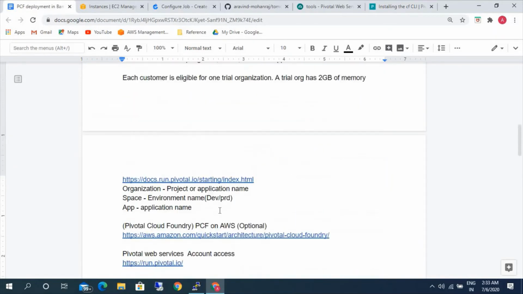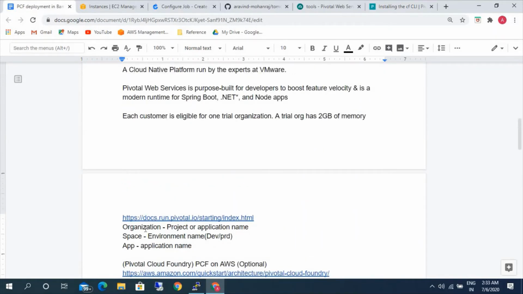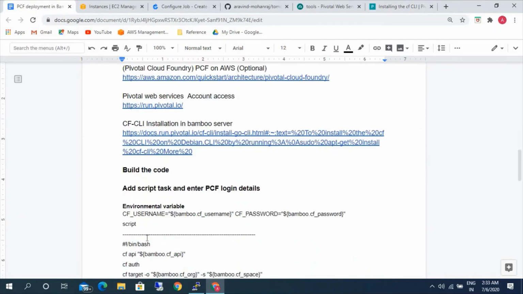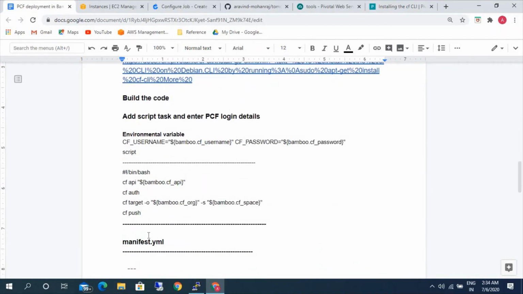If you remember, we explained about organization and space here, and we are targeting a particular organization and space. Inside that, it will push the code. Here we are just mentioning the CF push command, but we're not mentioning which application, where the artifact is, which code we are going to deploy, or the name of the application.